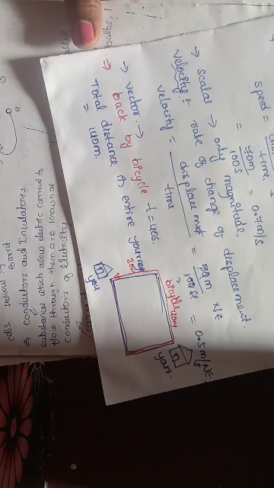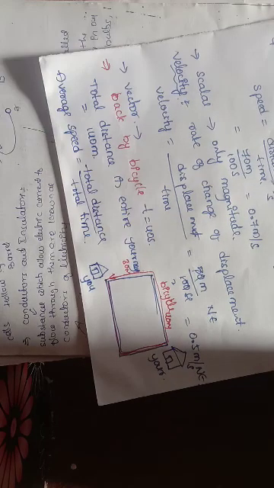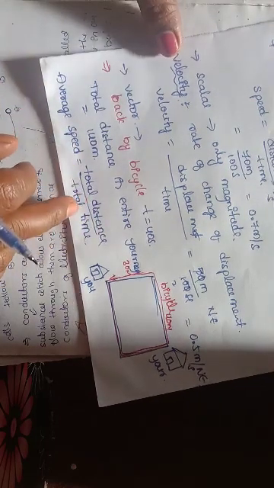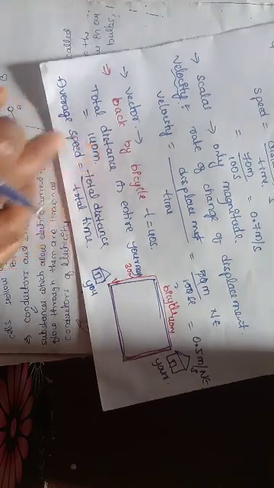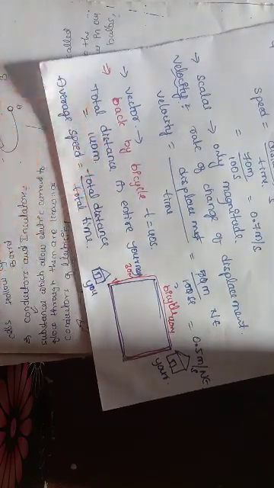So average speed is nothing but total distance by total time. How much distance did you travel? 140 meters. And total time: initially you took 100 seconds, now 40 seconds. Totally how much time? That is 140 seconds. Average speed is equal to total distance 140 meters by total time 40 seconds plus 100 seconds, that is 140 meters by 140 seconds, which is equal to 1 meter per second.